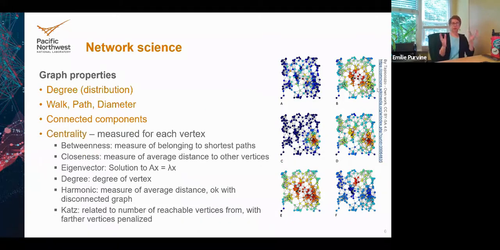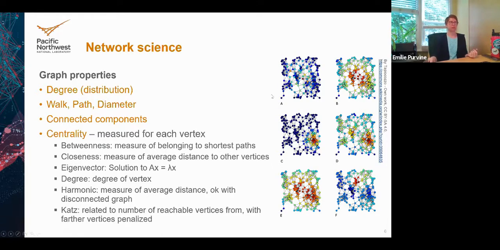And then centrality is a really good way of measuring properties of vertices that may depend on the whole network rather than just where it is on its own. So here are 6 images that I grabbed from Wikipedia to show you a few different notions of centrality. The top left is betweenness centrality. And here we're measuring for each vertex how many shortest paths it is on. If it's on a lot of shortest paths, it's sort of a bottleneck. Those are the red colored nodes.